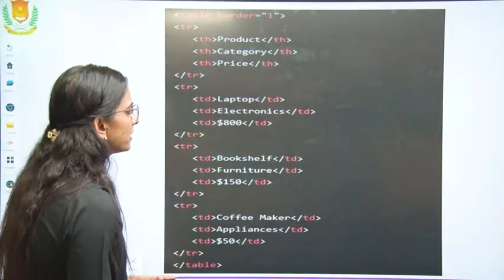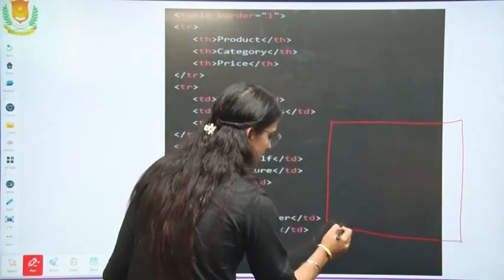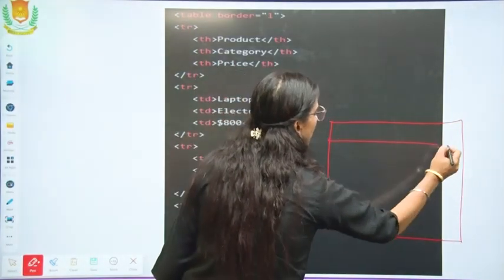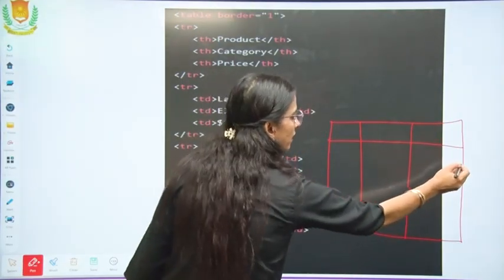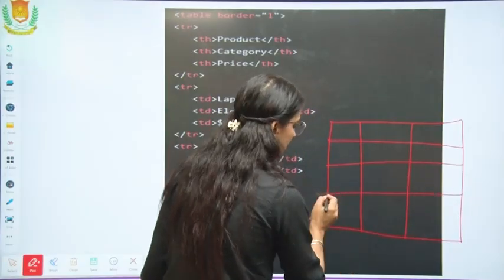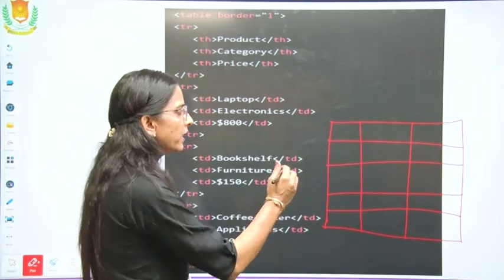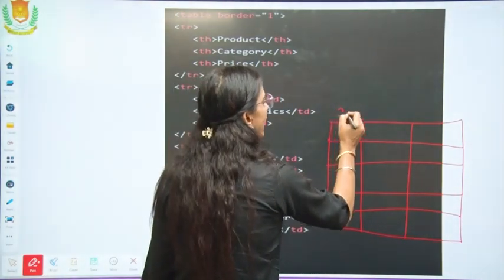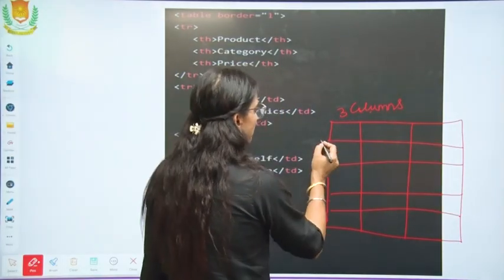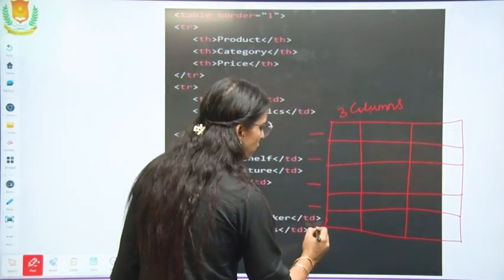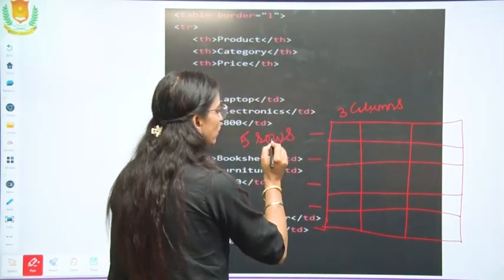First of all, understand the concept of table. This is the row and column format. In this table, we have 3 columns and 5 rows.